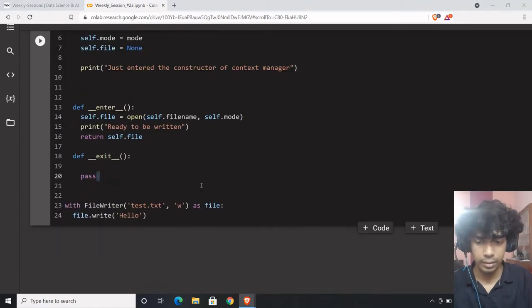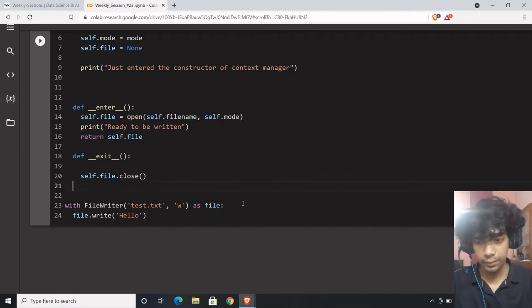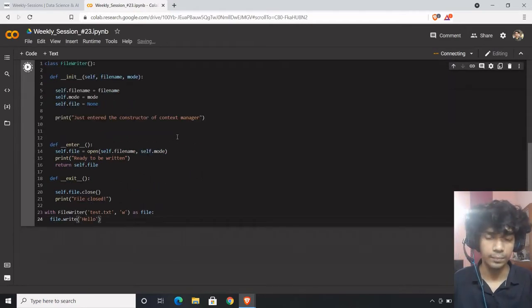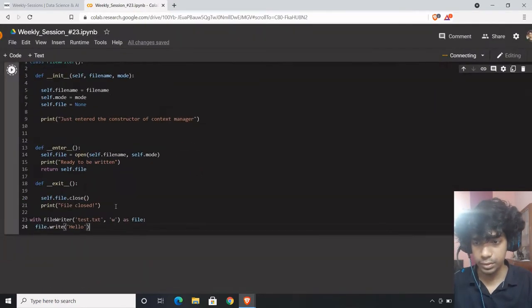And on exit, what you're going to do is close the file, self.file.close. Although that would be done automatically, we want to ensure it. And after that, just print file closed or any other operation you might like to do. So let's run it and see how it goes. I think it would be a simple example of context manager.